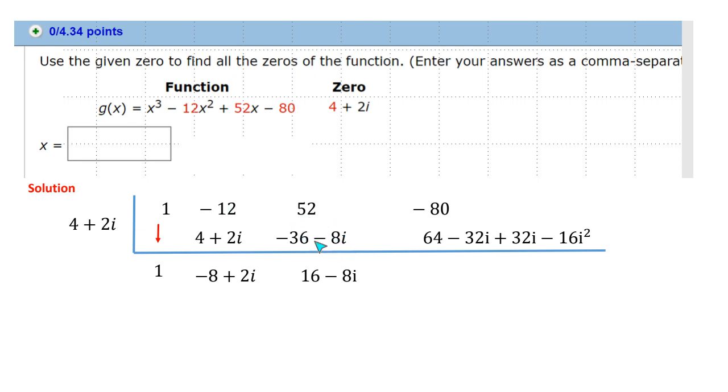So once we simplify this part, we still have to add it to the 52. 52 plus negative 36 is 16 minus 8i. And then we do the same thing all over again. 4 times 16 is 64. 4 times negative 8i is negative 32i. 2i times 16 is positive 32i. 2i times negative 8i is negative 16i squared. So notice here, negative 32i plus 32i cancels. i squared is negative 1 times negative 16 is